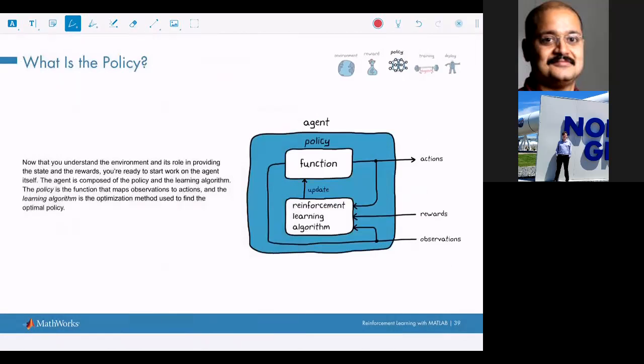And then we land up with something called a policy function. So what is the policy? Everything in reinforcement learning is nothing but an algorithm. It's just a mathematical expression. It could be a logical expression, a mathematical expression, a conditional expression, but at the end, it's a mathematical function. So policy is a function.